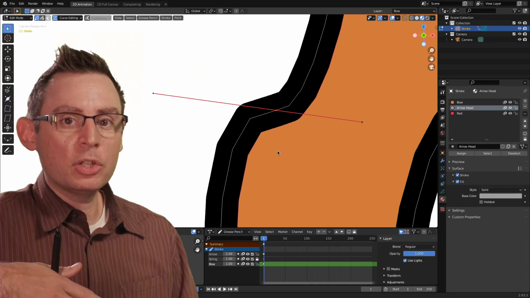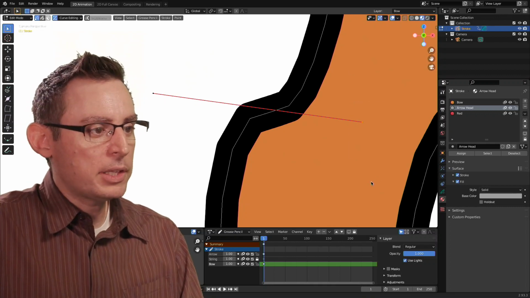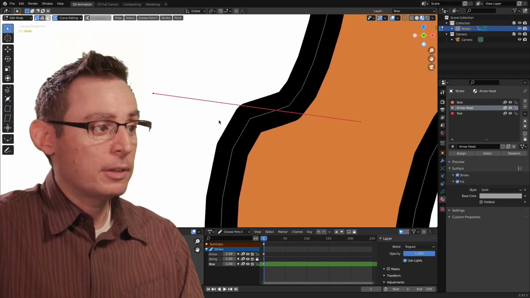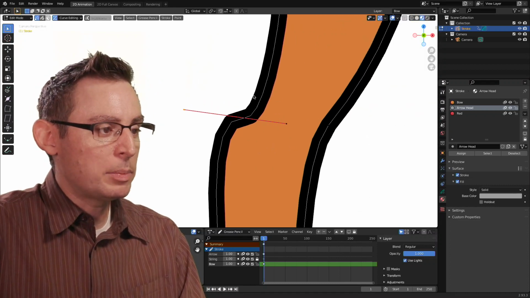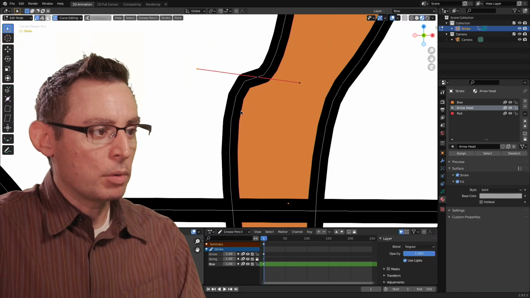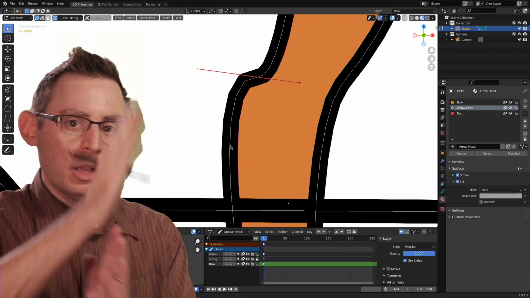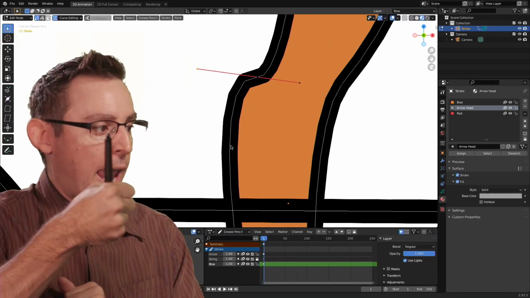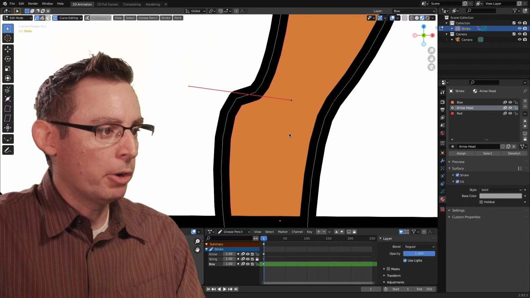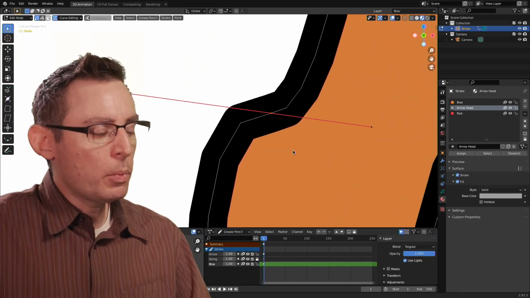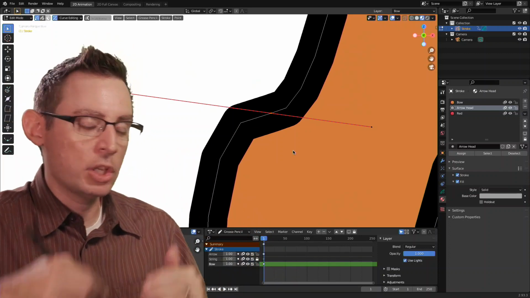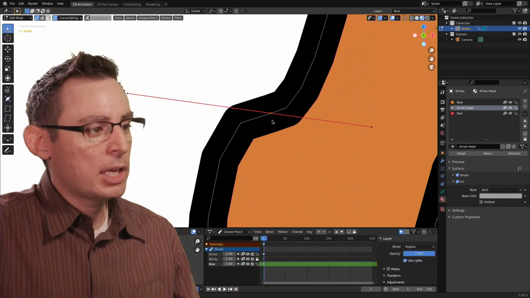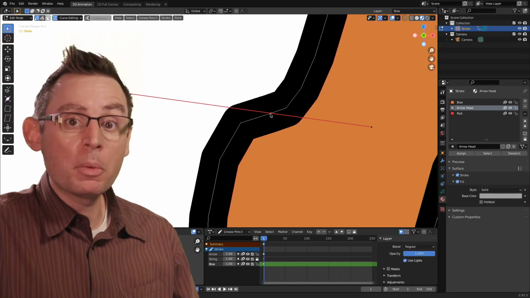In this particular situation, I want the angle of this handle to be radically different than the angle of this handle. In every sense, the incoming slope needs to be different than the outgoing slope. I want this part down here to be a perfectly straight line to create the handle of my bow and arrow. So let's go ahead and do it. The first thing that we need to do to change the tangent kind of weights, if you will, the slope weights, of our tangent handles, is to select the point that we want to adjust.